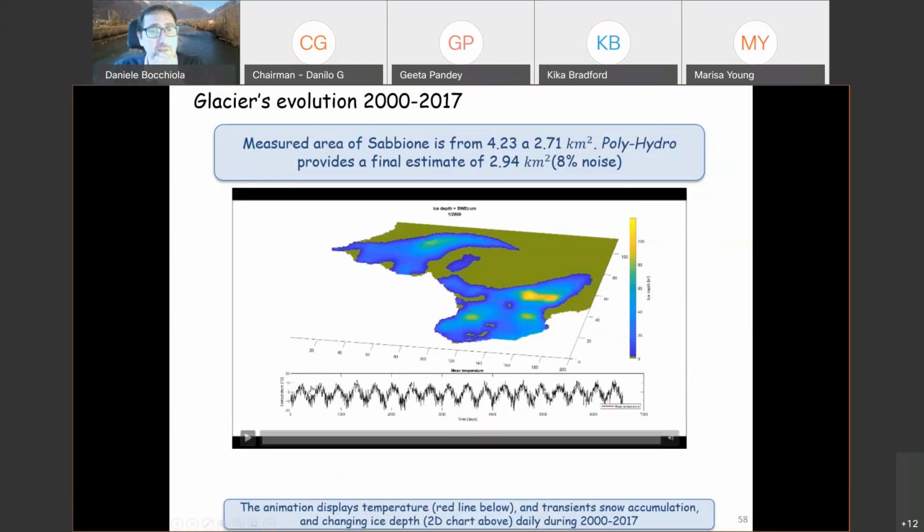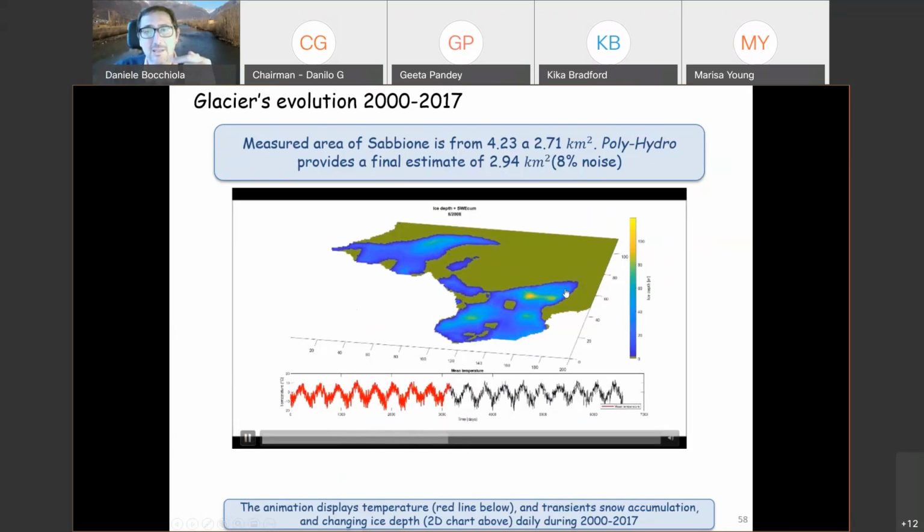Here you can see the daily temperature behavior, and you will see here basically the ice depth changing in time. You will see at some point some shadows appearing here, some points appearing because this was the snow covered amount, but then you will see the ice depth of the glacier changing in time and also the ice area, starting from 2000 to 2007. See, if you look here, you see basically a pulsation, which is the snow amount, but